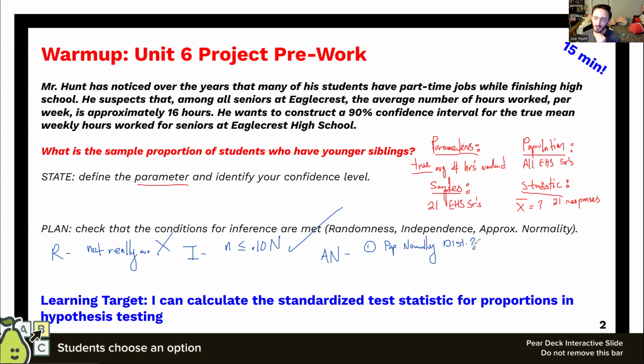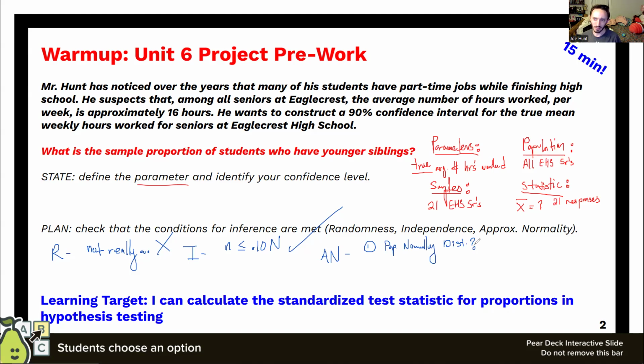If my population of seniors and their hours worked per week is a perfect bell curve, I've got a pretty reasonable hunch that if I take a sample out of that, I've got a good chance of seeing that same shape in the sample. It's not going to be perfect, and there'll probably be a little skew one way or the other, but if I were to increase the sample size, I get better and better approximations, right? So if your population is normally distributed, that's usually all you have to write.